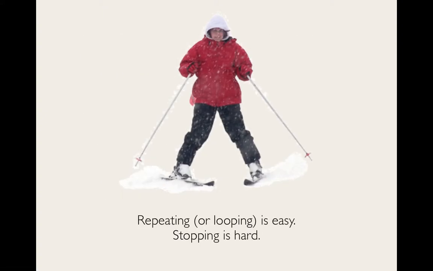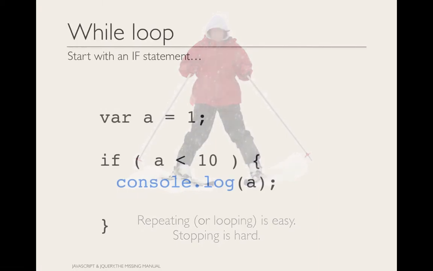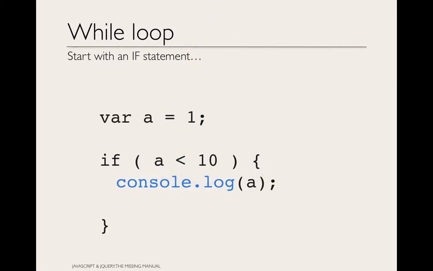And you can do that with loops. The interesting thing about loops is repeating stuff is pretty darn easy. Just like skiing, though, stopping is the hard part. Looping is easy, stopping is hard. The first basic loop, the first basic way of repeating a bunch of code that you want to look at